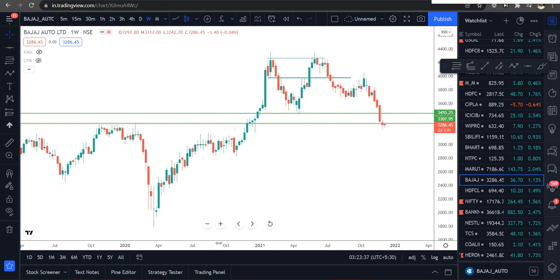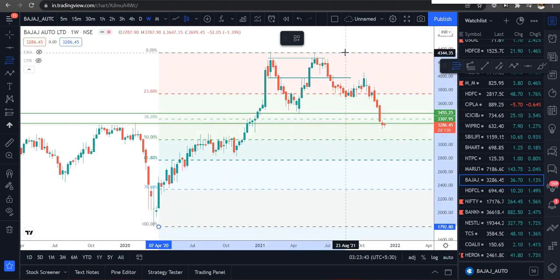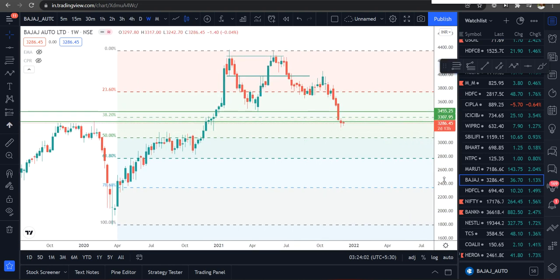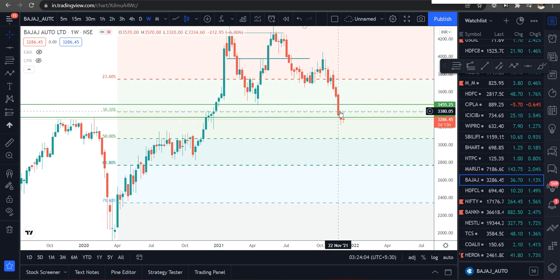So it's not just about drawing a Fibonacci level. Let me draw it from here to this. Okay, Fibonacci retracement, if you see, this level acted a little, but it didn't go up and then fell further down. Did any level match with these zones? See, this 38.20 is actually matching, but there is no sign of reversal. So on these levels you can take your own decision, no need to invest unless you are seeing any reversal signs.